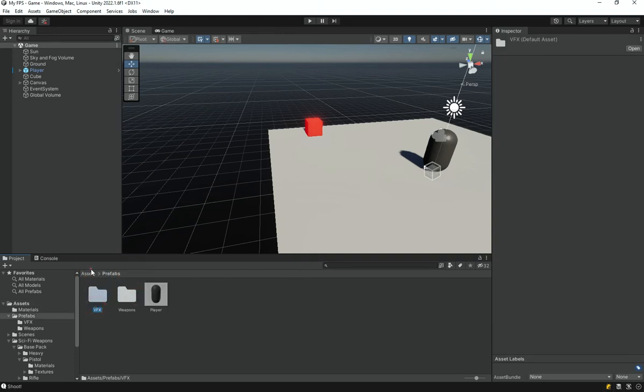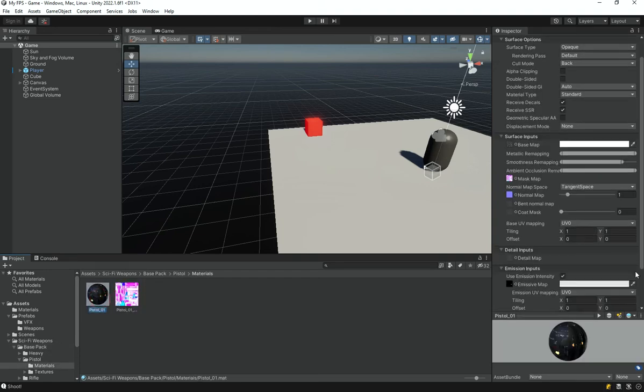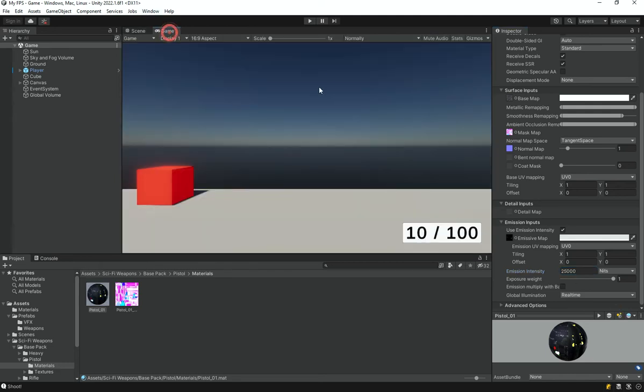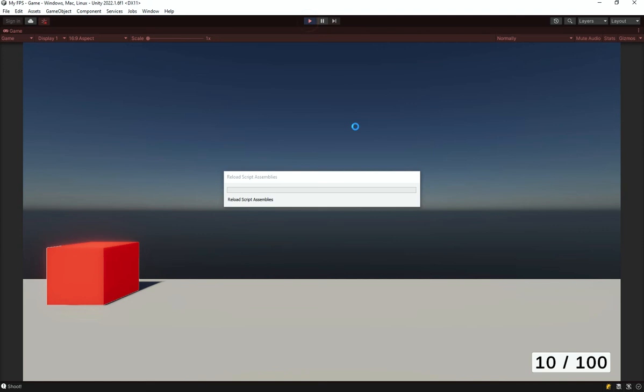If you remember, when we imported the guns, we did change the materials and added a little bit of emissive intensity to them, but the intensity was way too little. So let's open a pistol, and you can see the intensity is merely like 5, and by the way, change that to nits, it's 4, and just change that to something like 10,000 or maybe 2,500. Once you have done that, what you can do is you need to just play the game